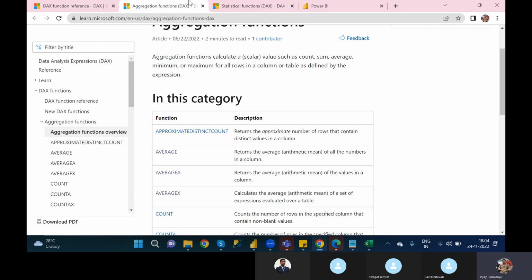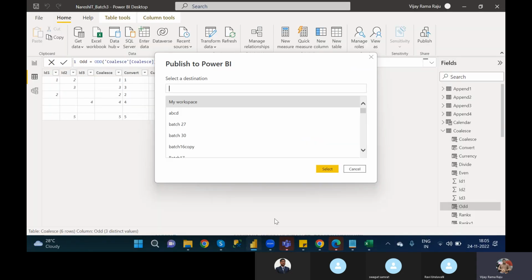So for AVERAGEX, what will it do? It is also calculating an average on a particular column. But here in AVERAGEX, we will write an expression. In AVERAGEX, we will write an expression. See here, in this particular one,